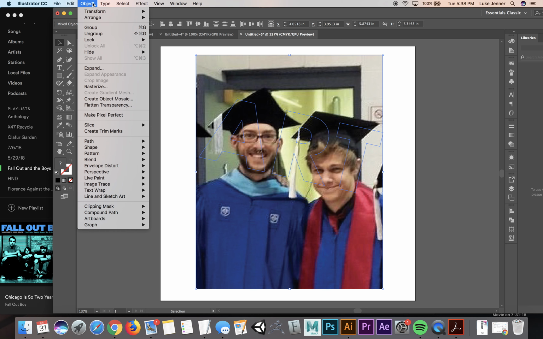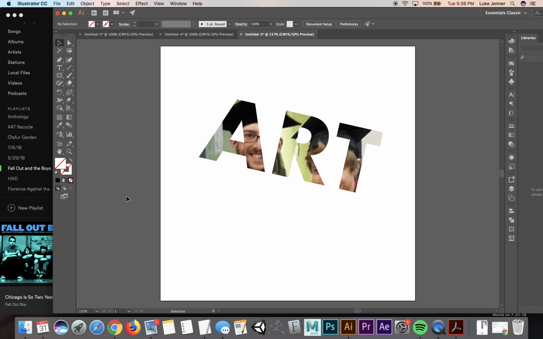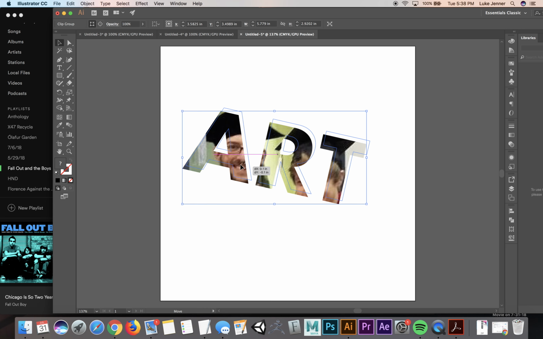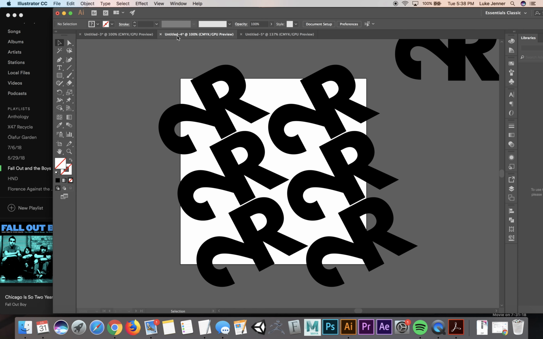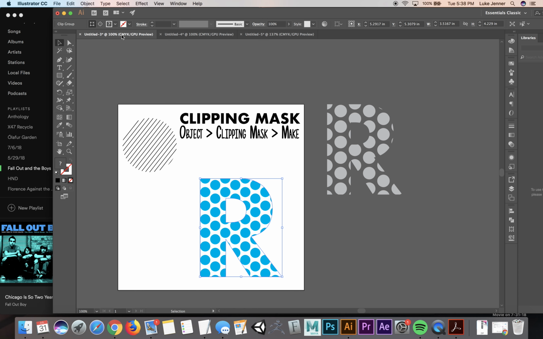So if I go to Object, Clipping Mask, Make, boom, I've got this new cute little graphic that cuts out cleanly into my face. But we could play around with that and use the clipping mask for a variety of